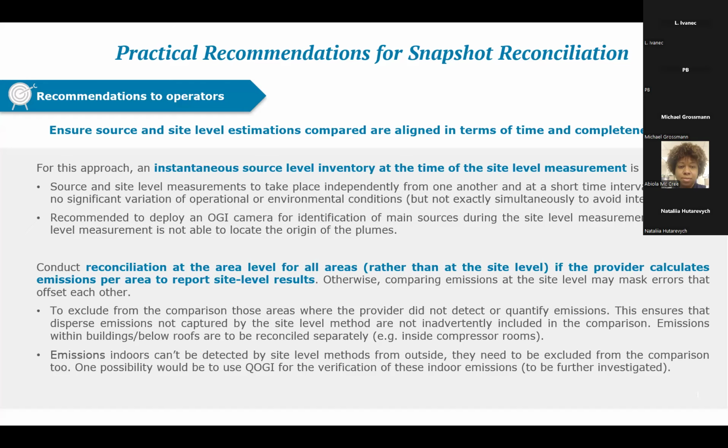And then this is a very important recommendation that was also confirmed 2 weeks ago in Amsterdam by one presentation, or even more than one presentation, is that you have to go more granular with the site level quantification than just the overall site, which doesn't really help you learn so much. And this is because